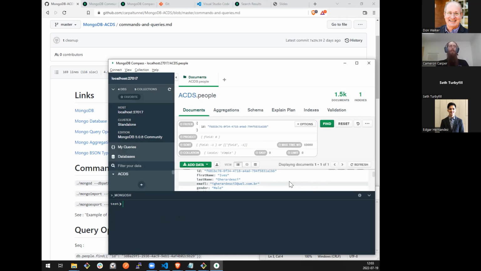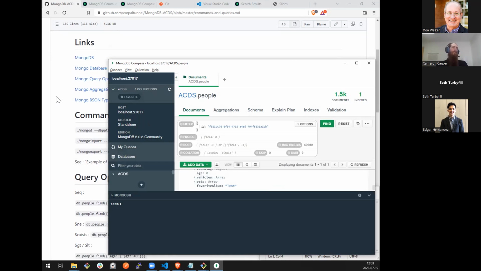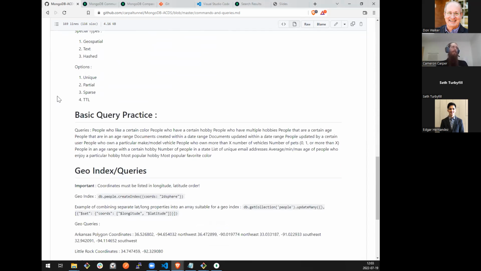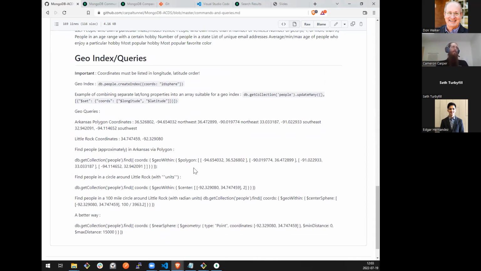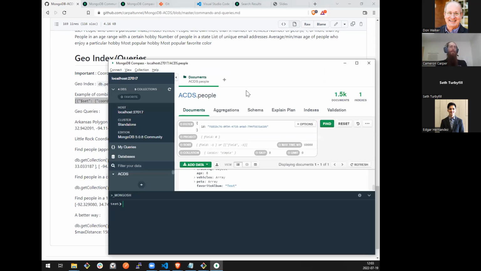Mongo Compass will allow you to update documents by looking at a single document, clicking the field and modifying it. I need to programmatically modify every document. Otherwise, I'll spend the next 4 hours manually modifying these documents and wasted all of our time. So what better to do something automatically than a quick script or query. I've already written this query because this is not something I do that often, so I made sure I had it saved. And there is a section about geo indexes and queries down here. So what we're going to do is steal this query, and I'm going to paste it in, and then we're going to talk about it real fast because it's quite a bit different from what we've seen previously.